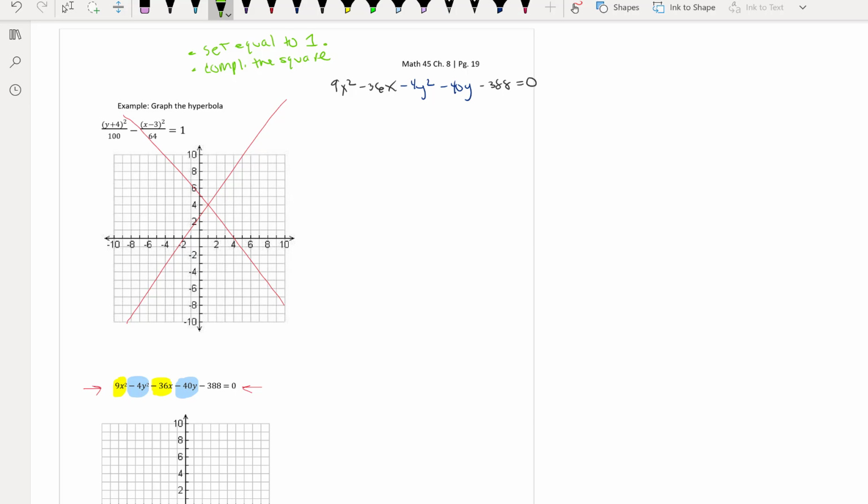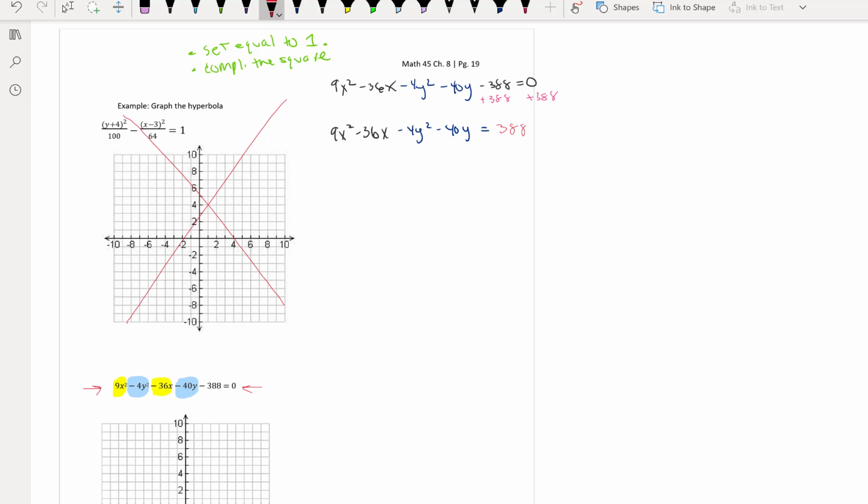So the first thing I'm going to do is I'm going to add 388 to both sides. So I can get my 9x squared minus 36x minus 4y squared minus 40y is equal to my